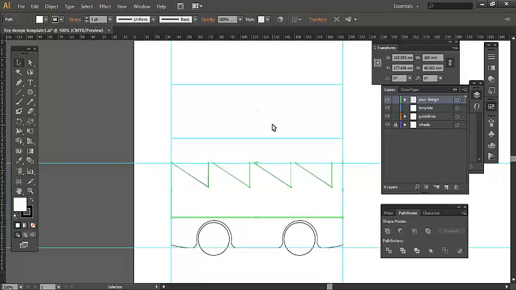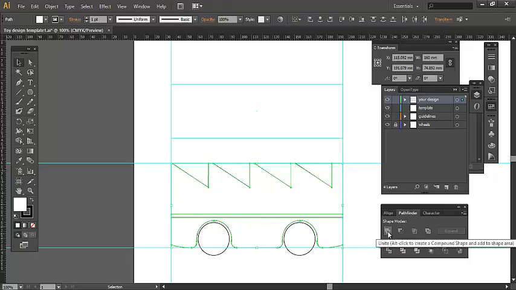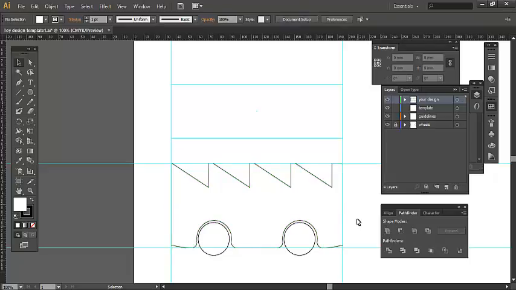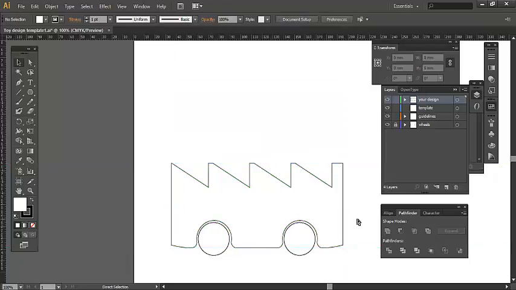Okay, and I've made sure that I've overlapped. There you go. So they're overlapping. I want to choose both now. You need that little bit of overlap, otherwise you won't get the union. And now we have a single shape. What does that look like? It looks like that. Now, I could leave it at that, or actually